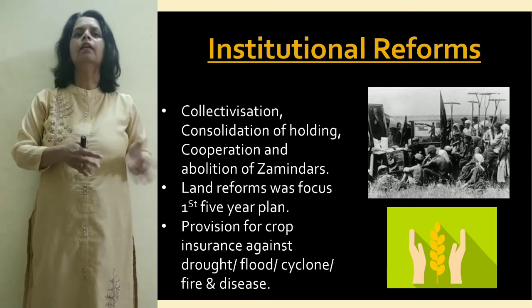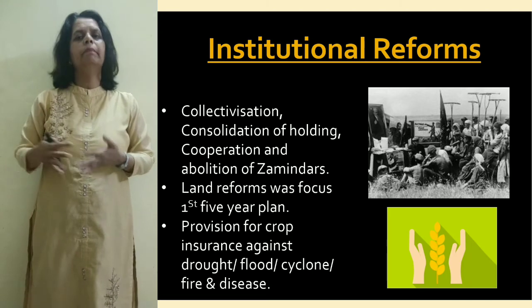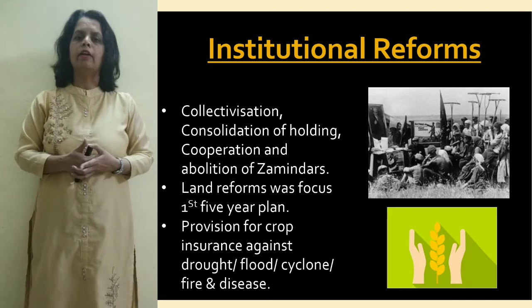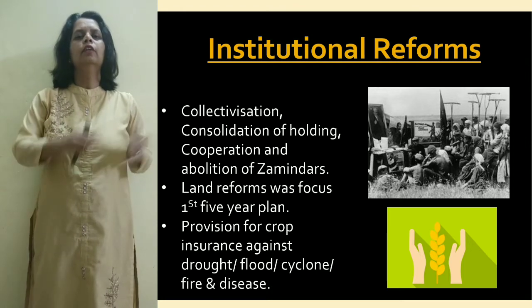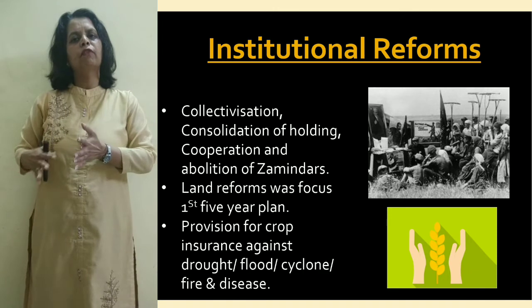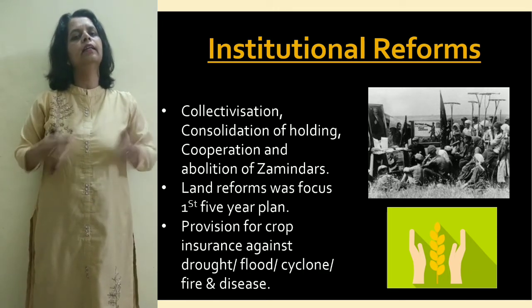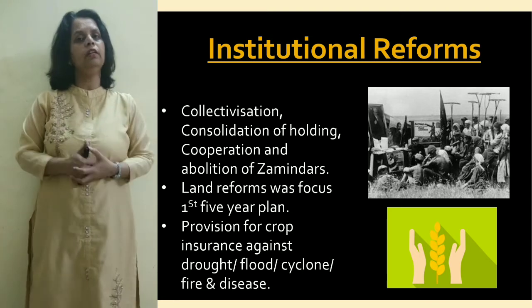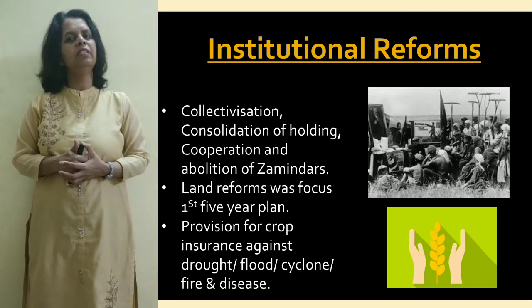So similarly, you will see provision for crop insurance is there. Like for example, if there is a drought or a flood like scenario, what the government will do? The government provides insurance for these. So certain provisions have been made by the government. Apart from that, farmers on their own also can have certain provisions, and then they can start with this particular initiative. So this is also one of the institutional reforms which has been taken up.